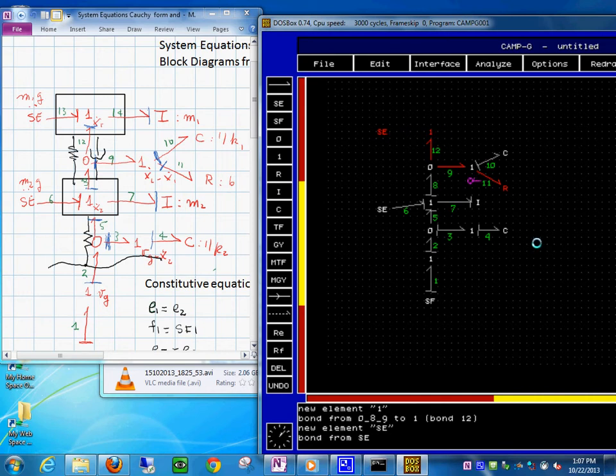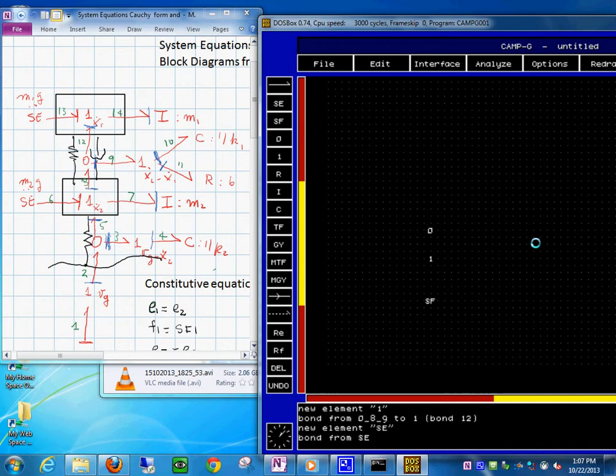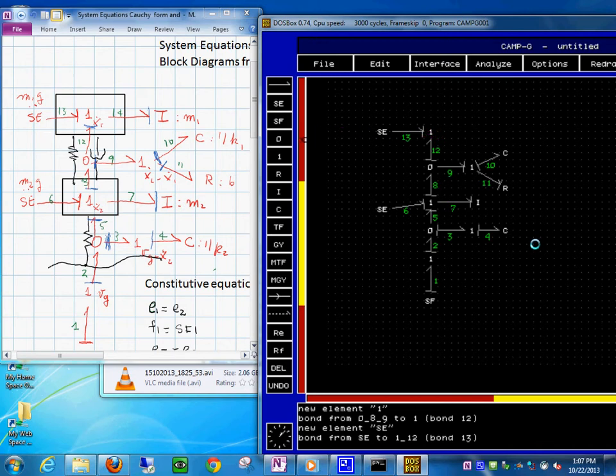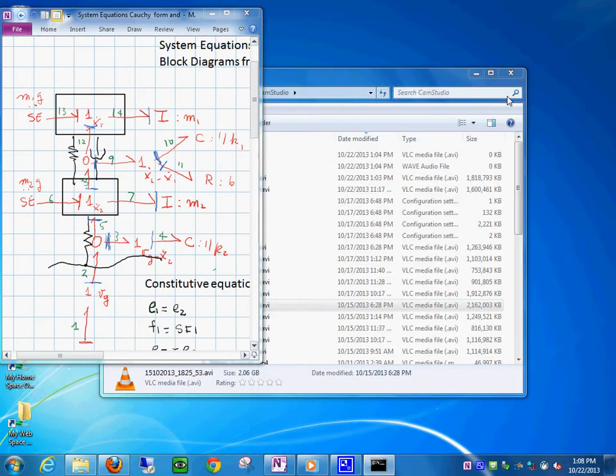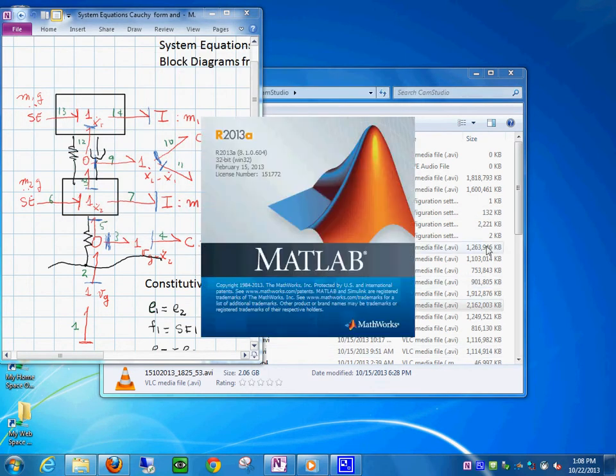right hand side. So I need to go here to the interface of MATLAB, and then I am going to let these 2 computer programs shake hands with each other and produce for me computer simulation models in the time and the frequency domain. But in this case, at this point, I am interested basically in the derivation of the equations. That's a little bigger in here. We need to find the,